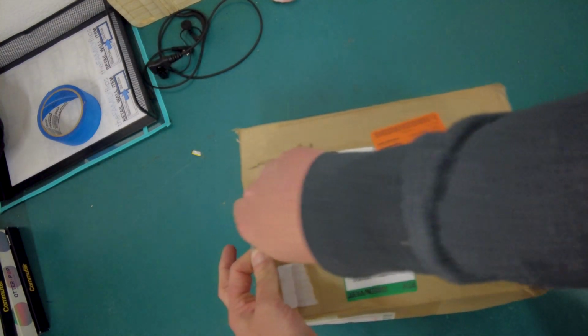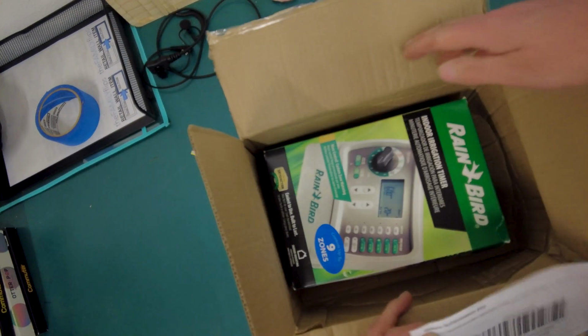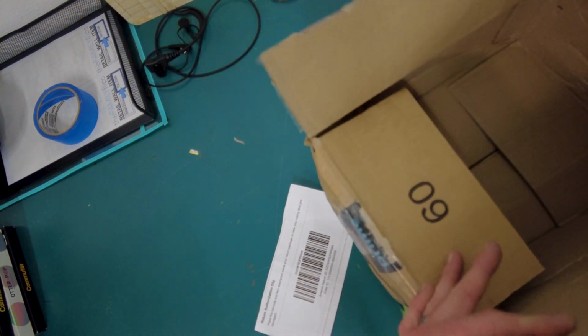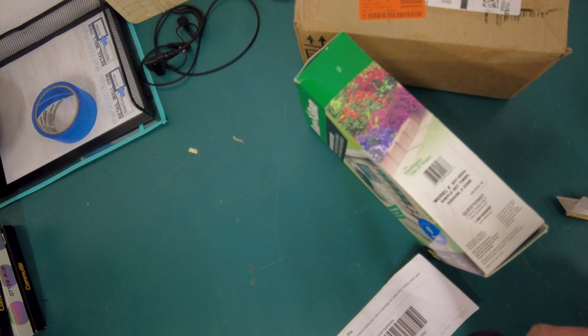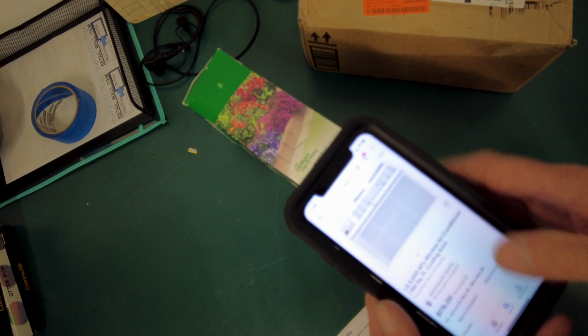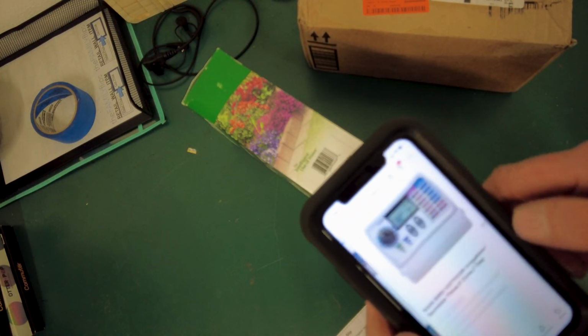And it moves around, you know, so it's like, what is it? Ha. That is so weird because it's got an Amazon return label on it, right? But it's got the home improvement store's stickers on it. That's what those are, but it's definitely an Amazon item because it's got the box there, it's got the Amazon return label. I'm just gonna see what this type of thing sells for on eBay. Granted, I don't know if we'll sell this on eBay just because we get a lot of these that have been used previously and returned, but best case scenario, if it's not been used,